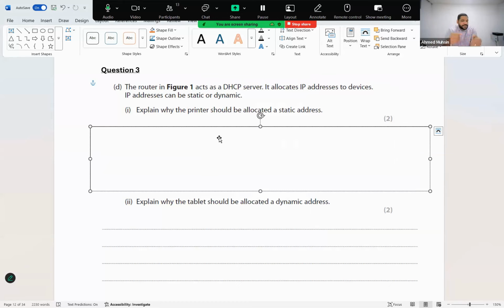But if it has a static IP address, even if the power goes off and comes on again, the IP address won't change. You don't have to manually go and configure every single computer. Everybody okay with this? Shall we write this down? You can say, when the printer has a static IP address,